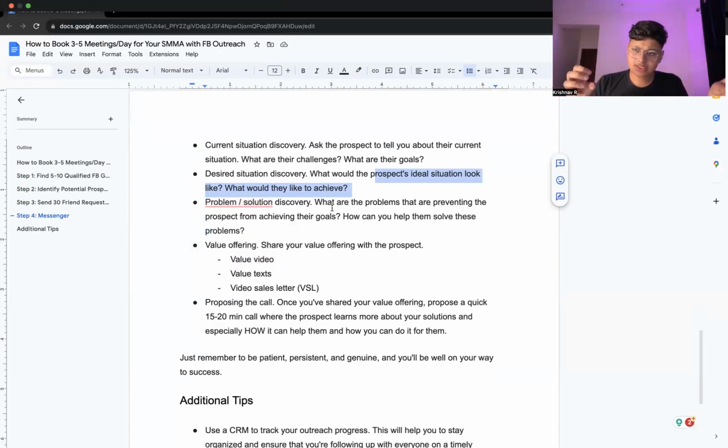Okay, so now you know their current situation, now you know their desired situation. They are not able to achieve their desired situation because they have a problem right here. And this is where we straight away go and ask about their problems. So let's say I'm speaking to John. Hey John, what do you feel is stopping you from hitting this, right? What is stopping you from going heavy on content, as you told me that you're trying to hit XYZ numbers with your Instagram, right? So just straight away asking and trying to identify what the core issue is.